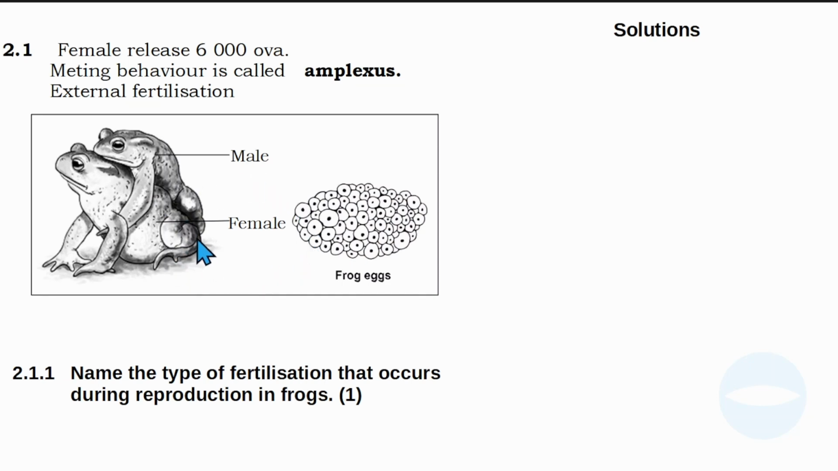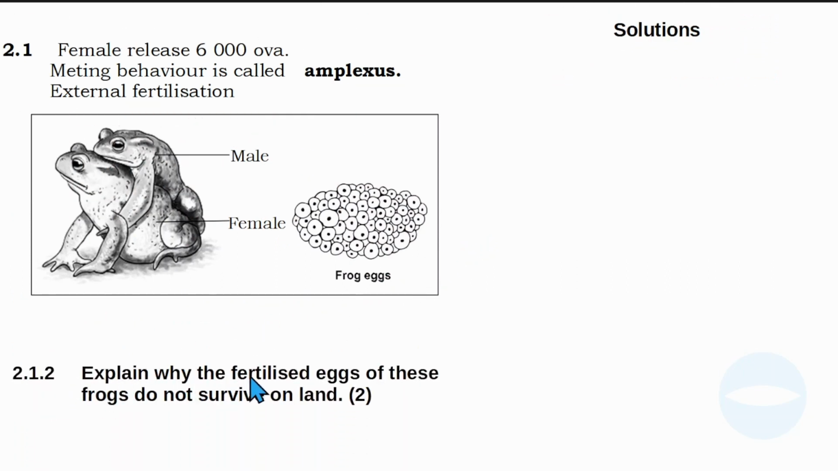Because the female releases eggs, and the male puts sperm on top of these eggs, the fertilization takes place outside. So we call it external fertilization. So for 2.1.1, the answer is external fertilization. This is the answer for this question. And then the next question says